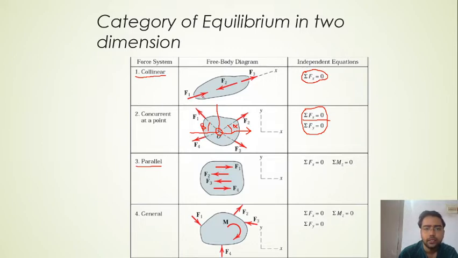In previous two cases, line of action of all the forces are crossing each other, or the same. Right, in concurrent they are crossing at a single point, but in parallel case, line of action won't cross any of the line of action of the force. Right, so in that case, we have to have two equations for equilibrium. First one is sigma Fx is equal to 0 because they all are acting in same direction, x direction, but parallel. So what will happen? We will simply do vector sum of all the things. Okay. So what will be the vector sum? F1 will be positive, F2 will be negative, F3 will be negative, and F4 will be positive.